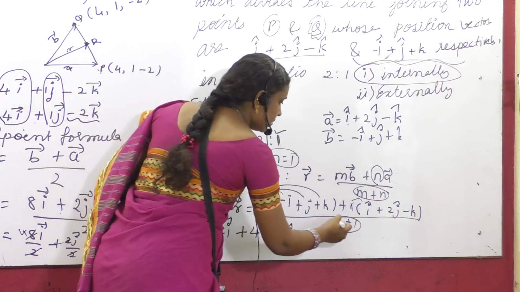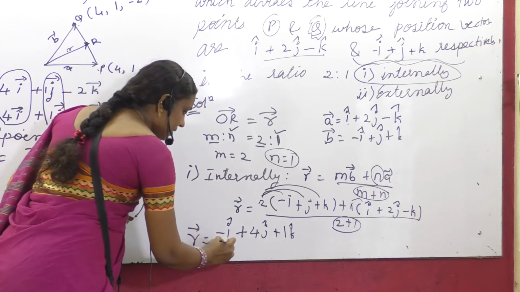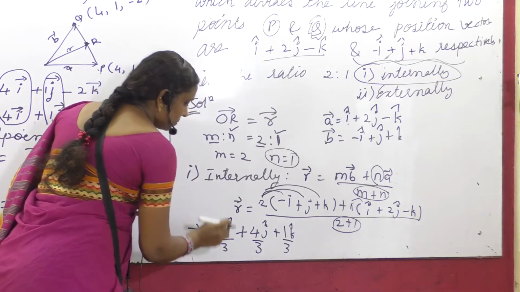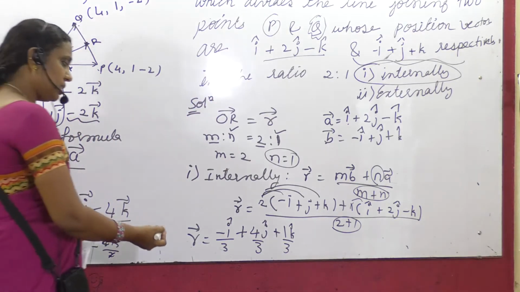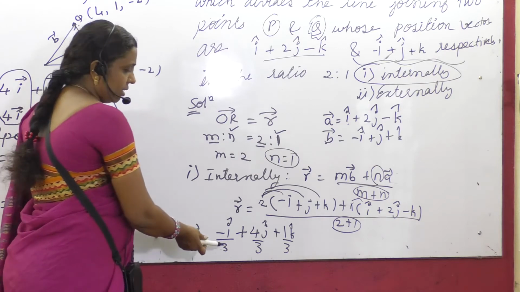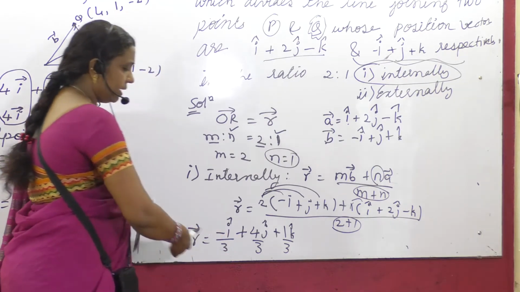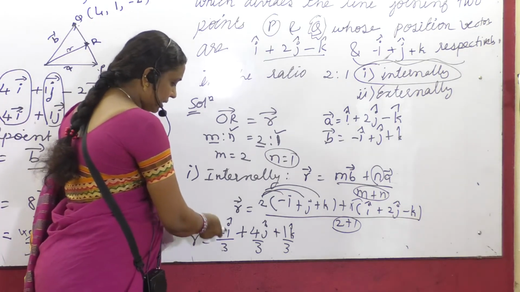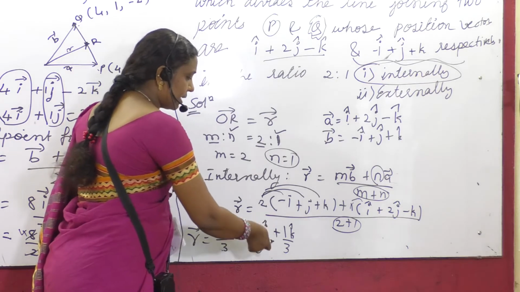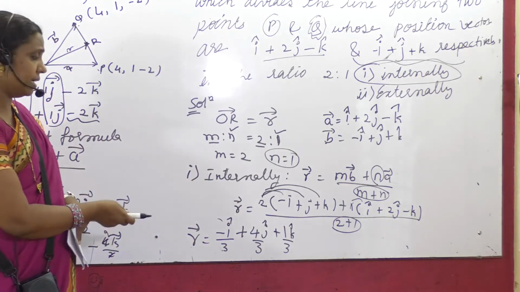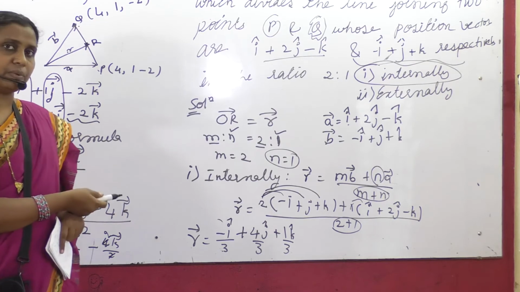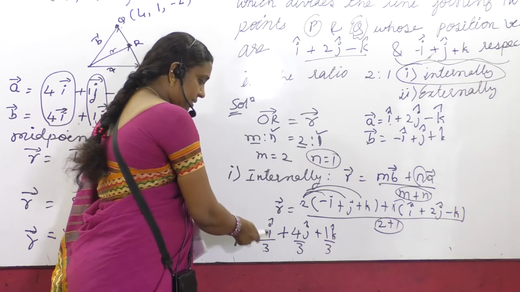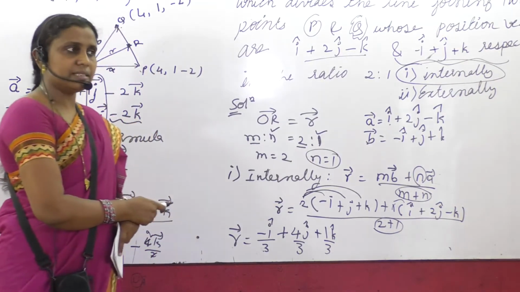Divided by 2 plus 1 is 3, so I will take it as 3 divided by 3, divided by 3. Why do we have to separate? Because the components of a vector must be separately expressed, and only then can you say it is the x component, y component, z component. Then the whole divided by 3 means again, if it is asked what is the x component, we have to separate and make the comparison. So before that, if we write it separately in component form, it will be easy.